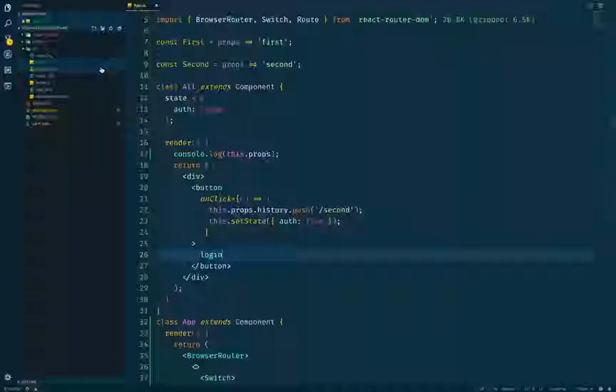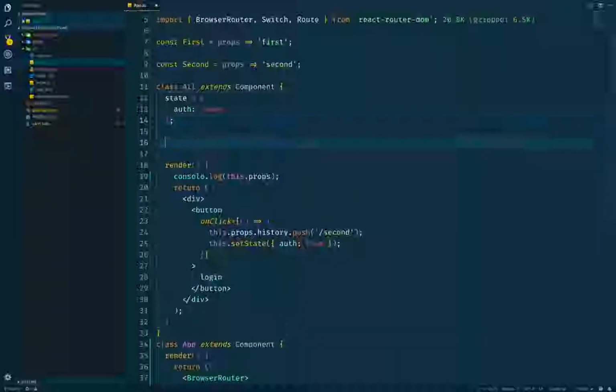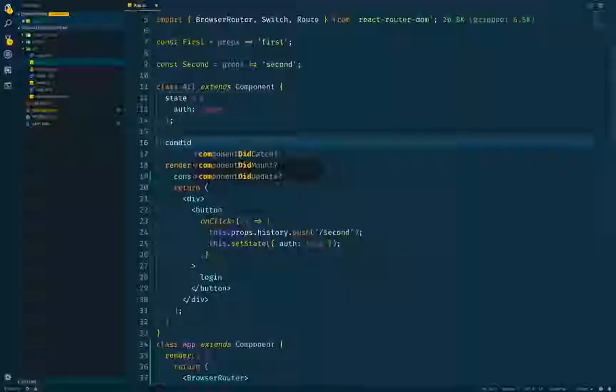So I'm on the first, I click on login, and I'm on the second, right? So it works flawlessly. But yeah, there's another problem: by default, even if the auth is true and this component gets re-rendered, the routing is not going to happen, because the click handler is not going to get invoked. So we need to do another thing, which is componentDidMount, to make sure that